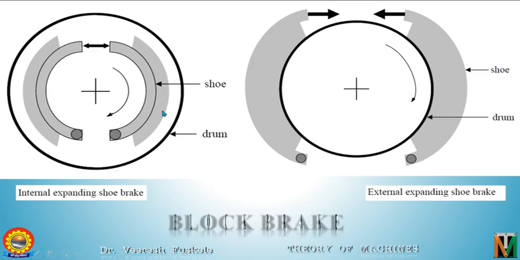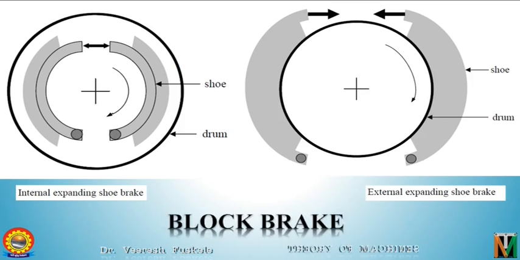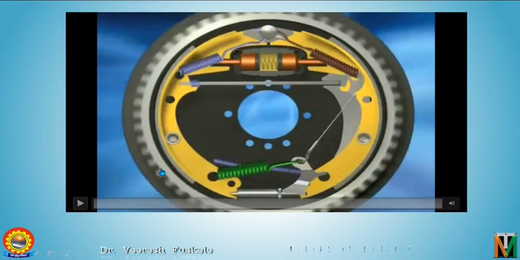The figure shows the internal shoe automobile brake. It consists of two semicircular shoes. These are the two semicircular shoes which are lined with the friction material. The shoe is pressed against the inner flange of the drum. When the brake is applied under the normal running of the vehicle, the drum rotates freely as the outer diameter of the shoe is less than the internal diameter of the drum. The actuating force is applied by two equal diameter pistons in a common hydraulic cylinder and is applied equally in magnitude to each other. Let us see how this internal expanding brake works.